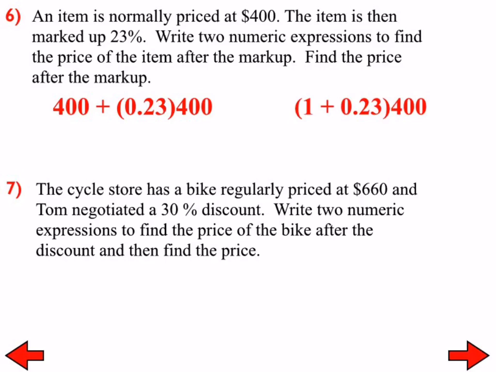I think the second one looks easier because I can add 1 plus 0.23 in my head, and then I just have to multiply 1.23 times 400, and that's fairly simple. That would be $492. In number 7, Tom negotiated a 30% discount, so that means you're taking away 30% from